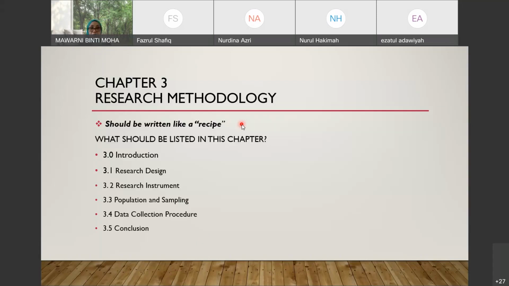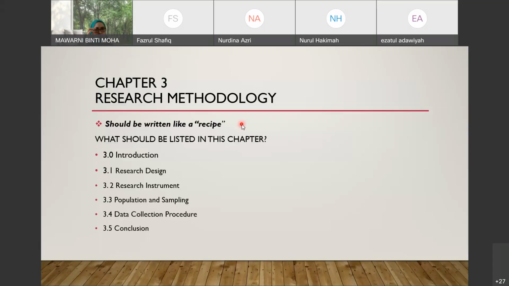And you can explain it in your own words because this is your research. You know what you want to do. Let's say if you want to talk about the questionnaires you use, you just don't say, oh, this is adapted from, let's say, Maslow. This is an example. But how many questions? How many sections? How many items? And which sections refer to what? Explain in detail. Do not assume that people know what you are doing.